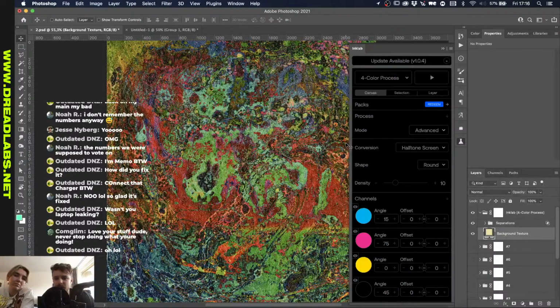Mm-hmm. I like this. I was thinking of making NFTs with these actually. Before the big collab. NFTs? The crypto art. Oh, crypto art. Where were we? I can't really even remember what I was doing